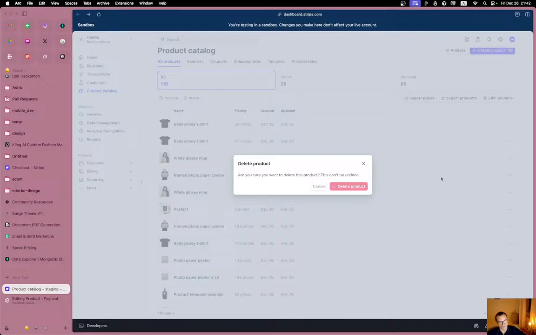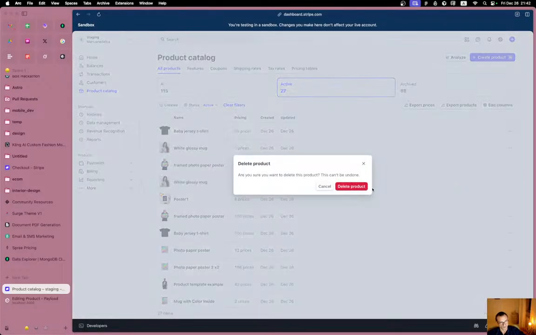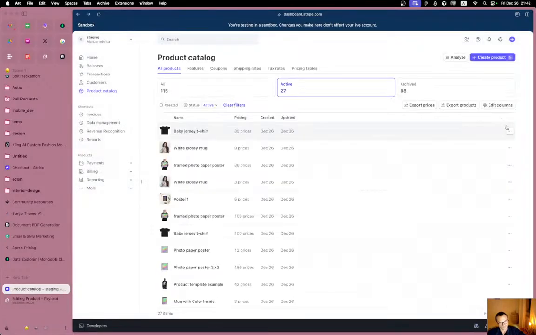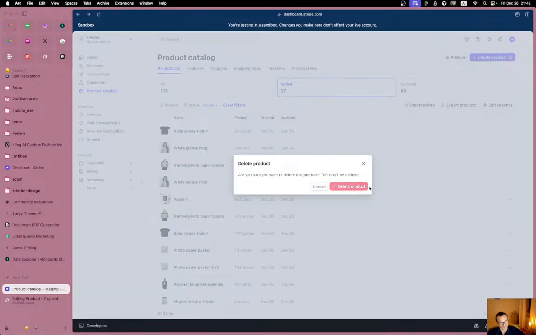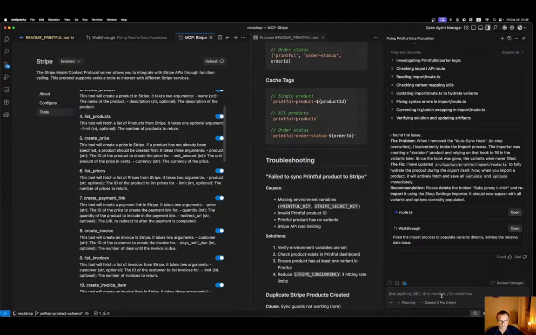Okay, I'm not gonna delete all these products, it's way too much work. But I would so much like to delete this one. Now this worked, it indeed creates the variants and I can change the prices, but the moment when I change prices, also in Stripe it creates a new